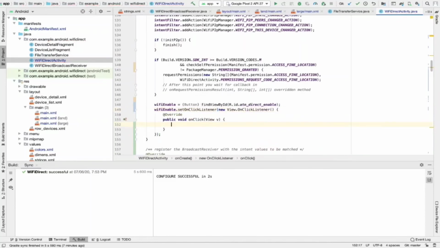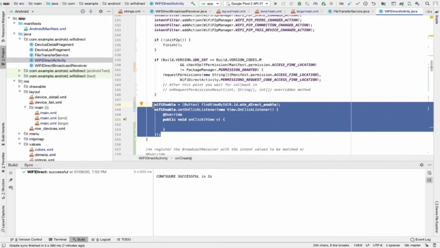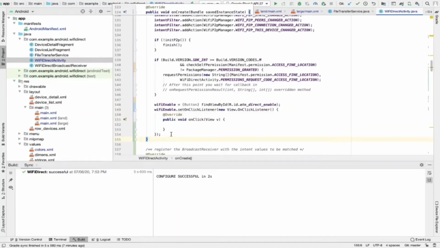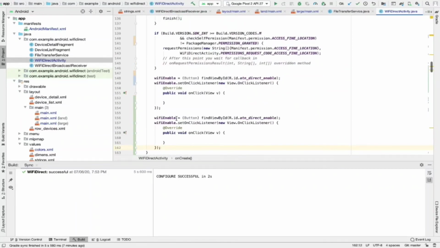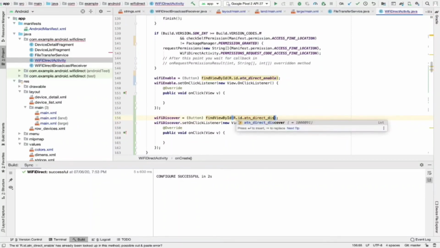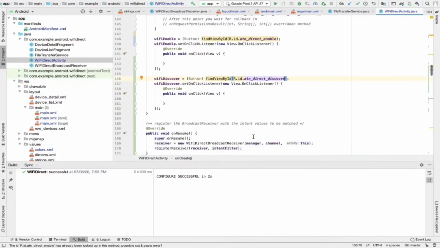View.OnClickListener. So we'll copy this. Before we proceed further, we want to copy this and then step down twice and change this Wi-Fi enable to Wi-Fi discover, which is the second button on the right side, and this one also Wi-Fi discover. And also we want to change the ID, which will be discover. Now go down,